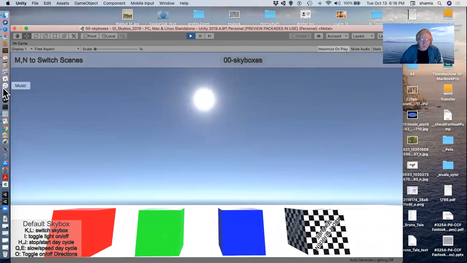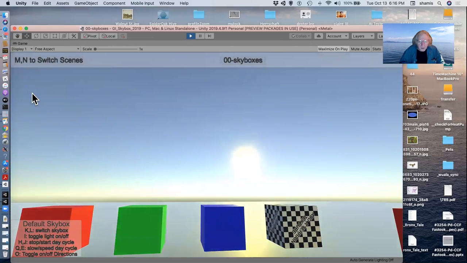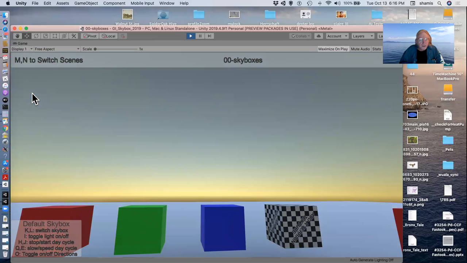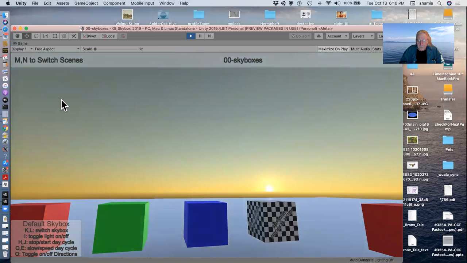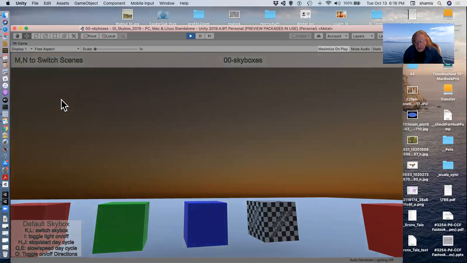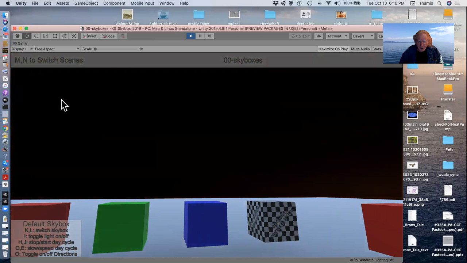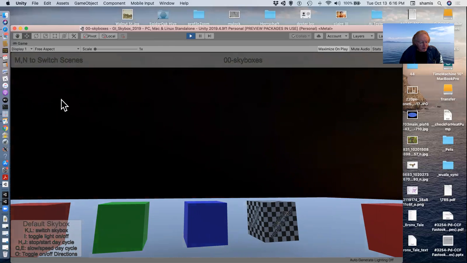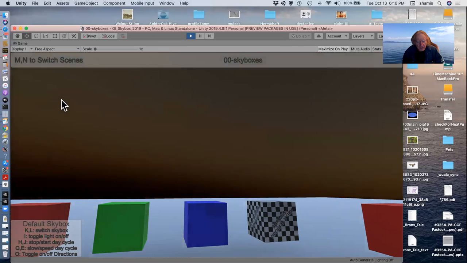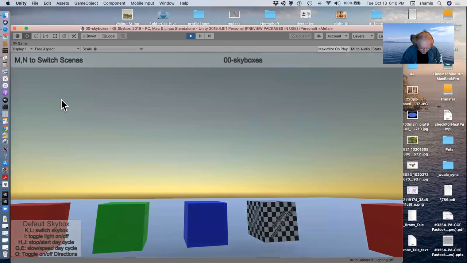And where's the sun? There's the sun going down and setting. I can turn the light off with the eye. So that turned the light off. So now we're just picking up the no light. And the light fades to black as it goes below the horizon, making for a very realistic kind of sunset. And there are Q and E keys that slow down and speed up the day cycle, and H and J will start and stop the day cycle. So that's the default skybox here